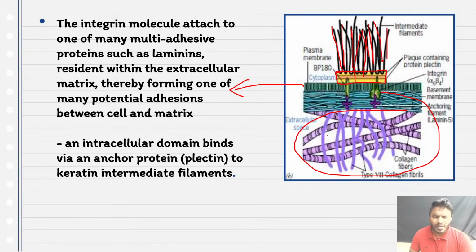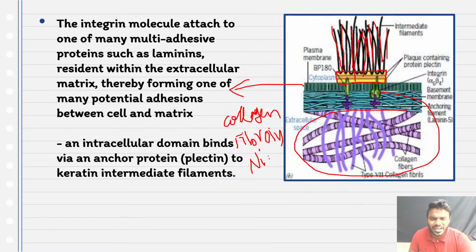We are going to read in the upcoming slides. The ECM consists of what? Collagen, correct? Fibronectin, nidogen, we will read it, elastin, proteoglycans, many proteins are there. But how? All the students look into the picture very carefully. With the help of integrin proteins. With the help of integrin, you can see the green color, and you can see here a little more clearly. These are all the anchoring proteins. These are all the adapter proteins.